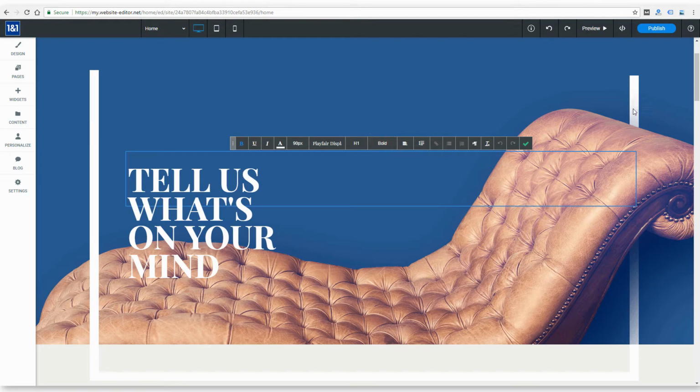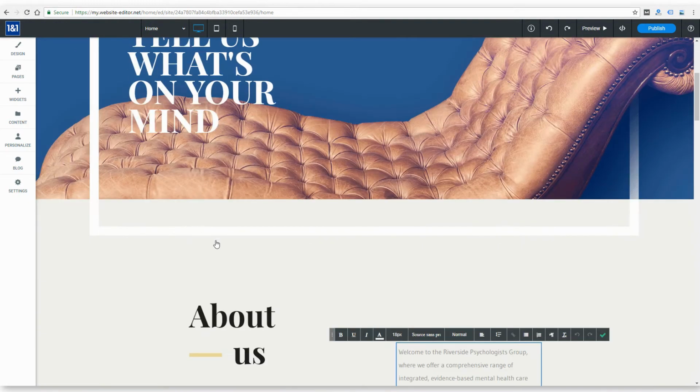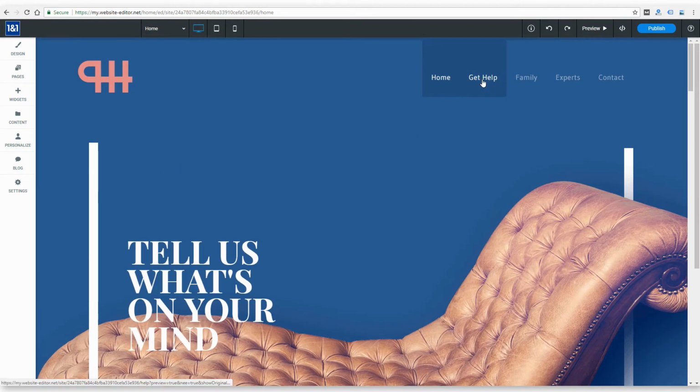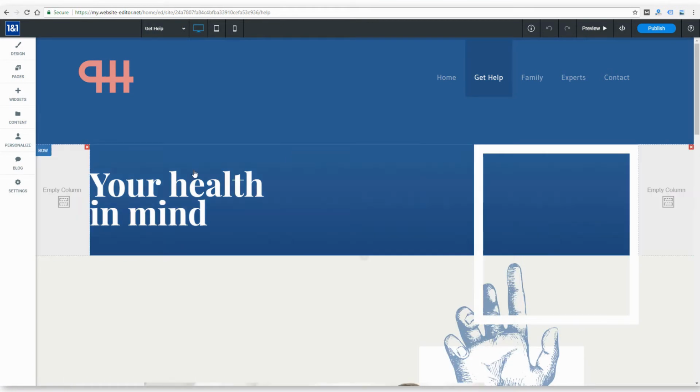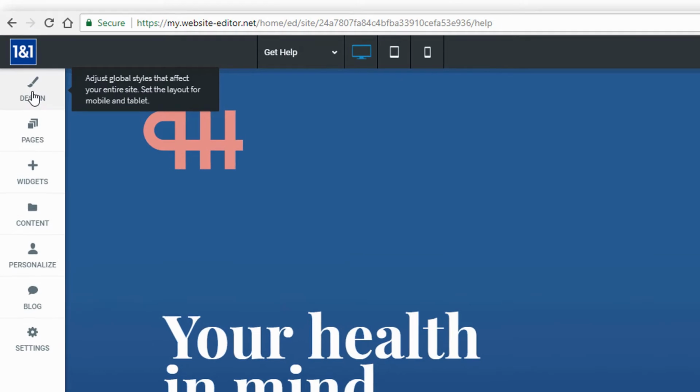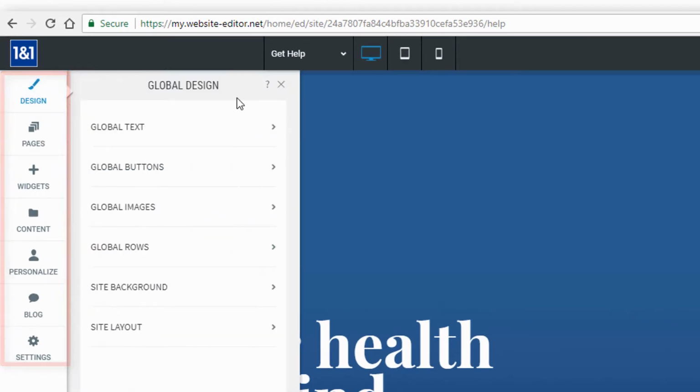Here I'm getting text options for this text block that was added. So I wouldn't say it's super intuitive, but just clicking around a few minutes, I'm able to figure things out. So that's kind of how the main workspace functions, the grid layout, and then on the left side is all the tools that you're going to use to